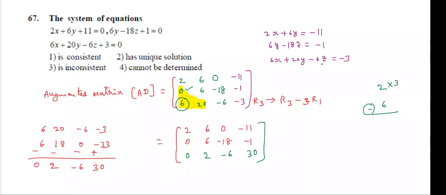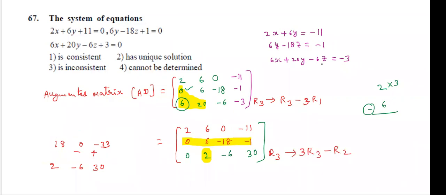Okay. Now I am going to make this element 0 by using the R2 row. Don't use R1. If you use R1, in place of 0 you will again get a number. That is the reason. Okay. Now how to do that? R3 row: here 2 is there. Multiply with 3. 3 R3 minus R2. Then 2 is going to 0.